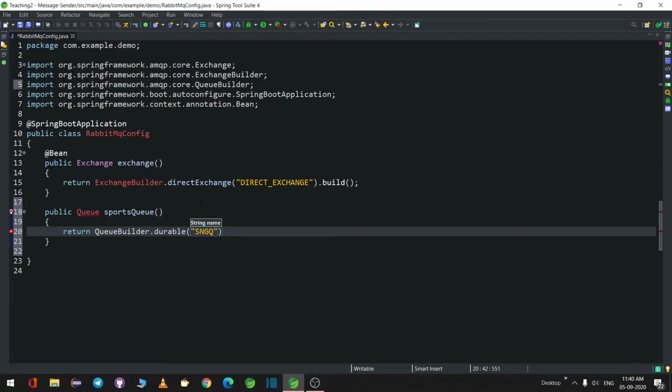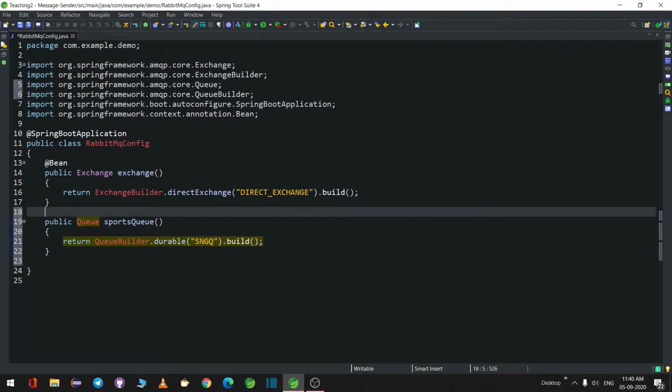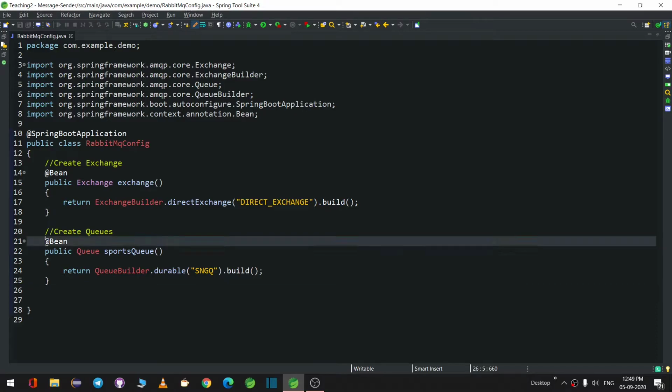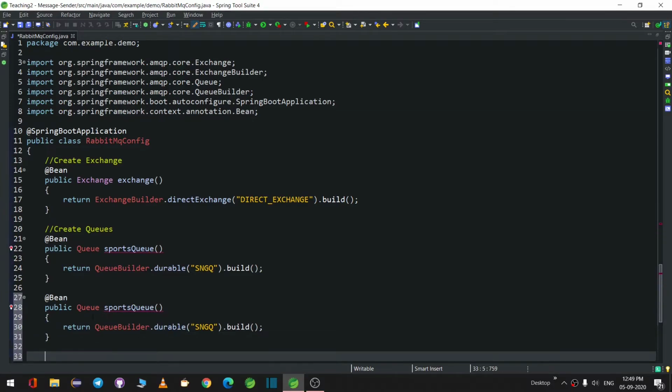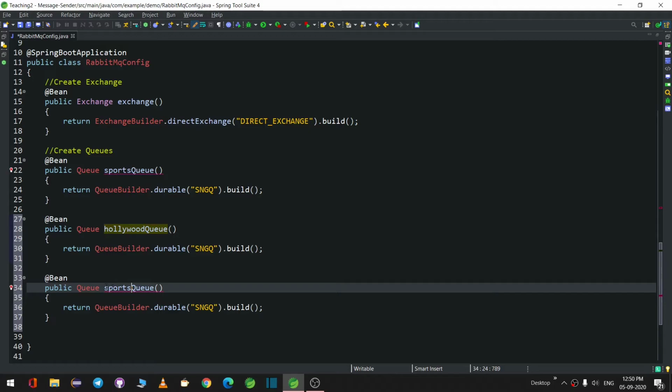Okay, once you are done with it, let us say build. Fine, queue we have to import it from the same package. So now we are done with one queue. I'll mark it as @Bean as usual. So let us go ahead and create three other queues. Sports queue we have created. Now we are left with Hollywood queue and Bollywood filmy group queue. Let's change it to Hollywood queue, and this should be Bollywood queue.